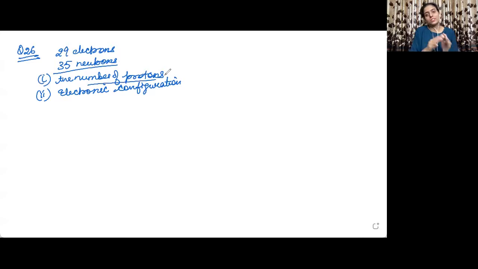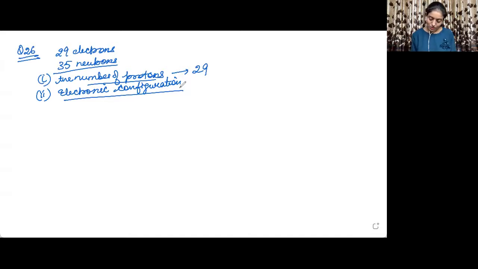We know that number of electrons is equal to number of protons because an atom is electrically neutral as a whole. Okay, so if 29 electrons are there, it needs to have 29 protons, because protons are positively charged and electrons are negatively charged particles. So the number of protons will be equal to 29. Neutrons have no role to play in this. Okay, then we need to write the electronic configuration. Here also we do not need the number of neutrons, because electronic configuration means how the electrons which are present inside the atom are arranged in different orbits or orbitals, and further whatever is the division.